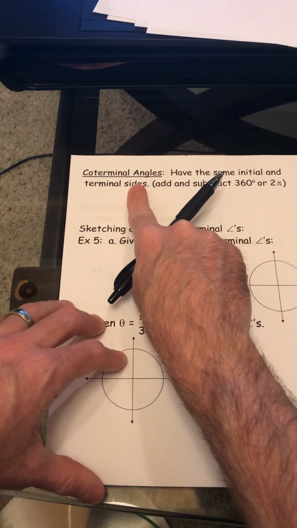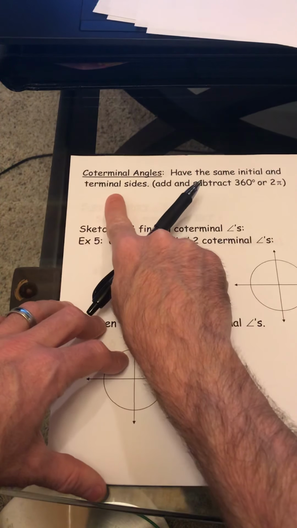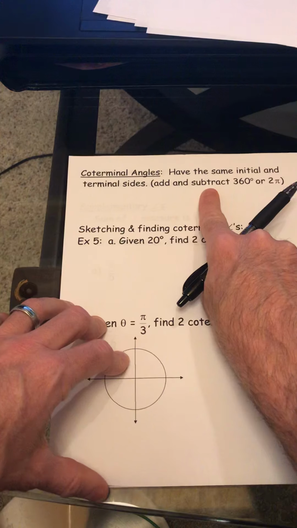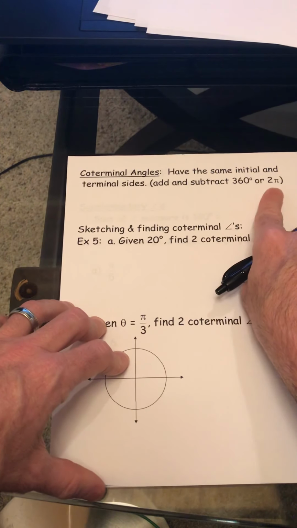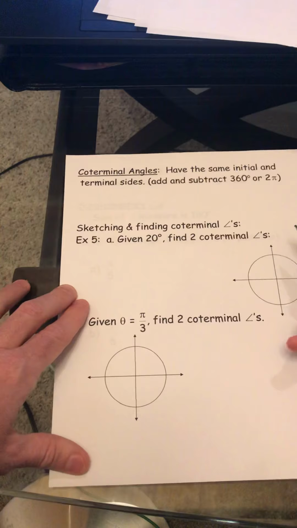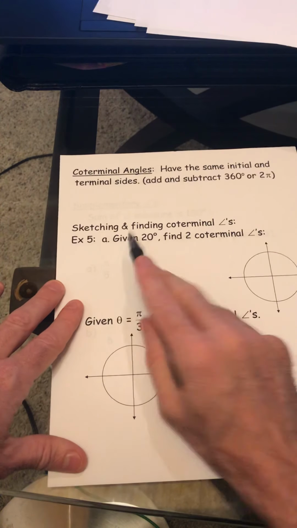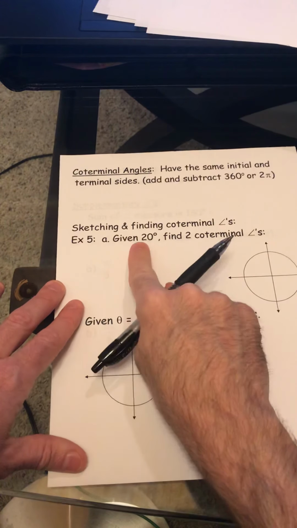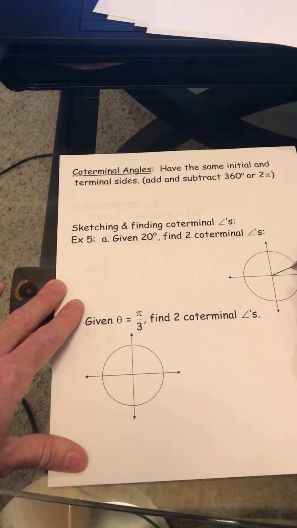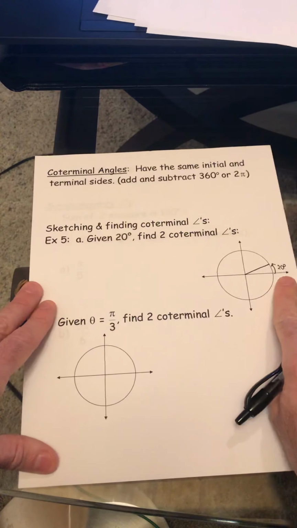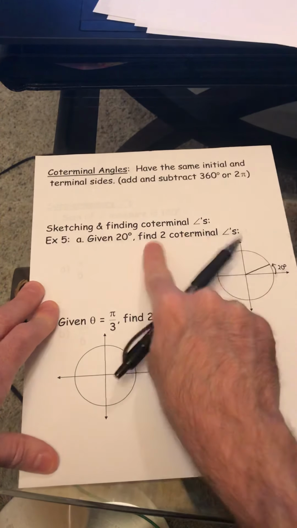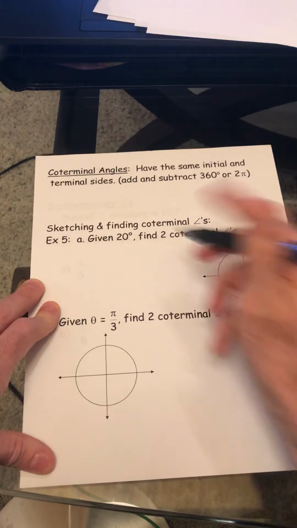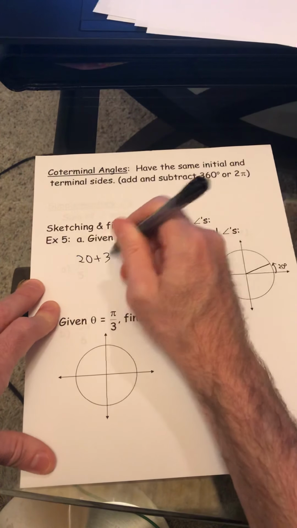Coterminal angles have the same initial and terminal sides. You either add 360 degrees or 2 pi. Basically, what a coterminal angle means is that you have more than one angle in the same spot on the circle. So like right here, 20 degrees. Well, 20 degrees from 0 is basically right here. You know, we don't have to be exact. Now, in order to find 2 coterminal angles, I mean, there are an infinite number. I can either add 360,